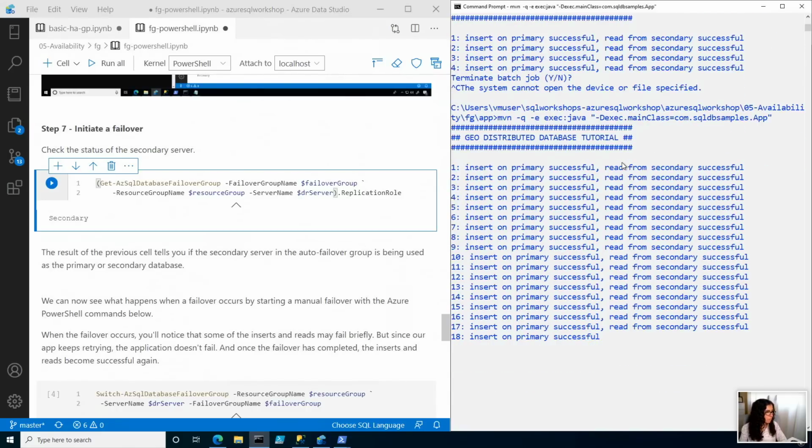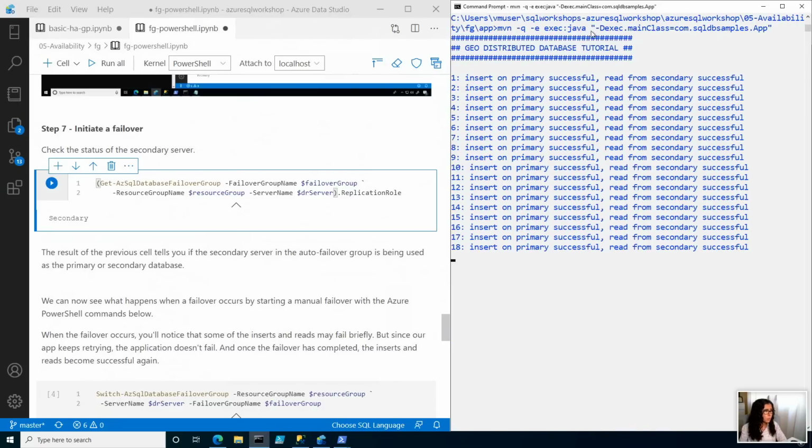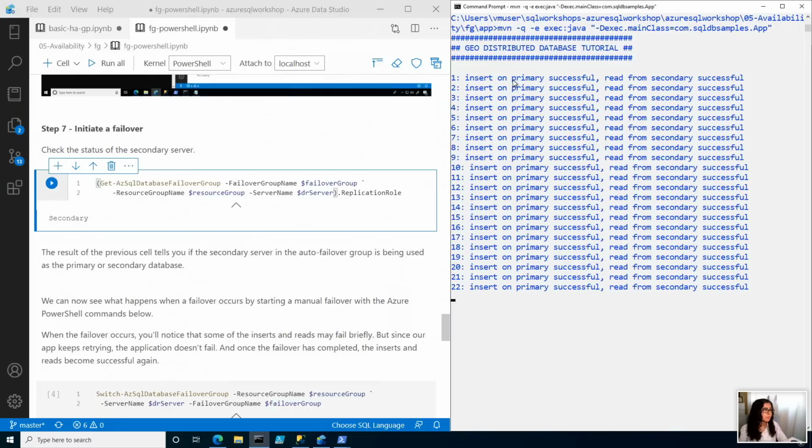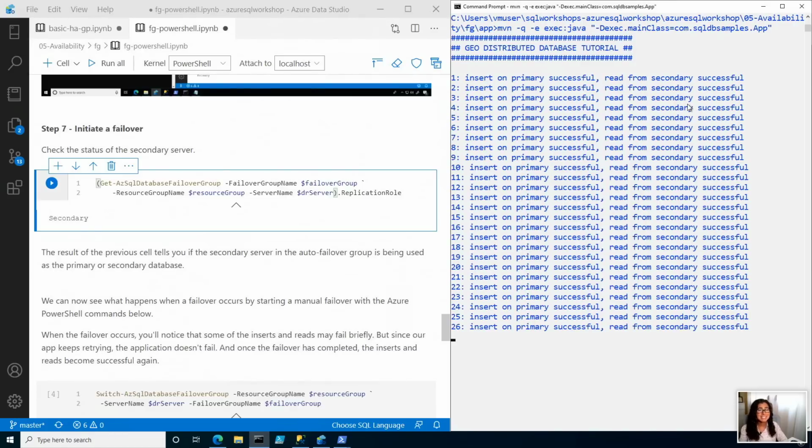So now let's take a look at what's on the right side of your screen. What I have is a very simple Java application, and it's connecting to the failover group. So it's not connecting to a specific server, it's actually connecting to the listeners, right? I have the primary connecting to the read write listener and the secondary connecting to the read-only listener. So that's one thing. And what we're going to try to do is insert a row on the primary,